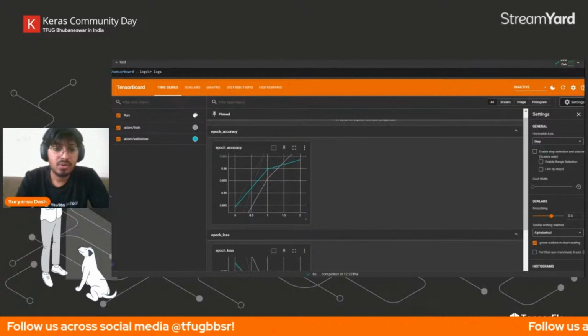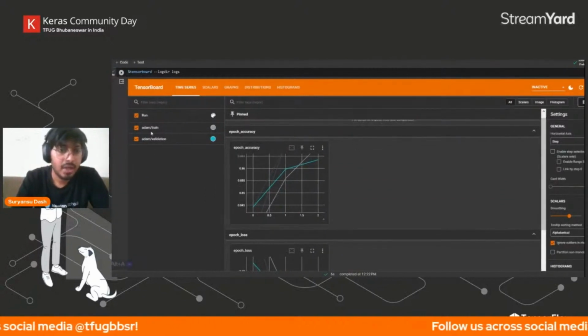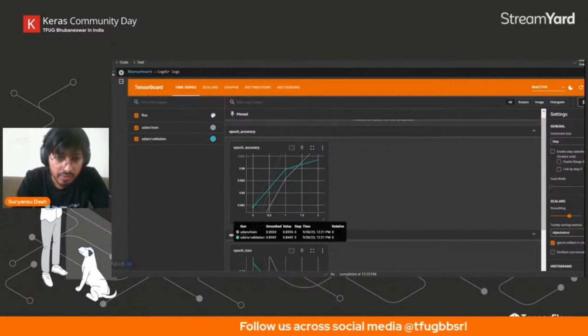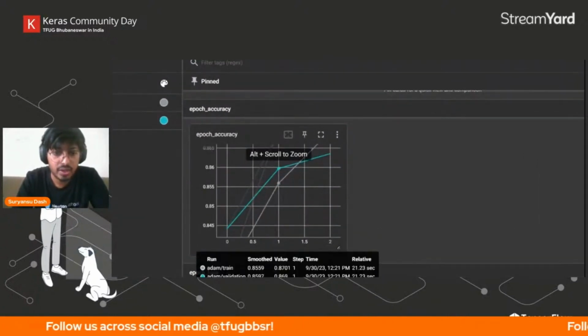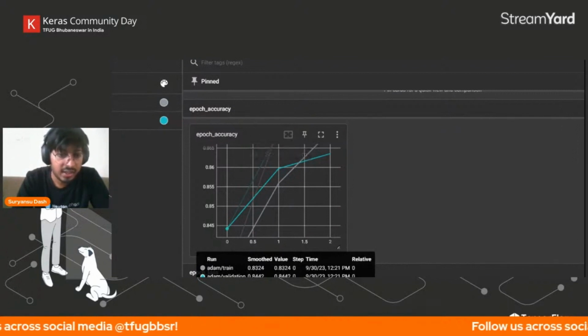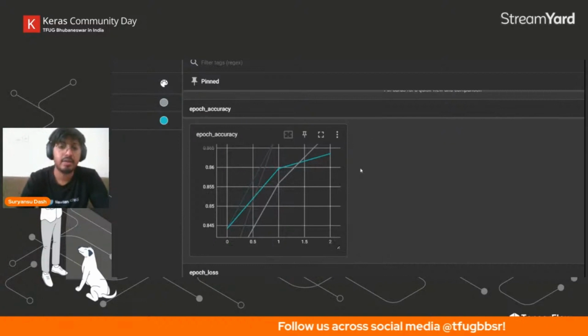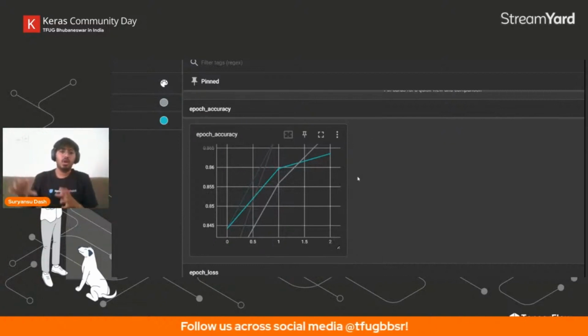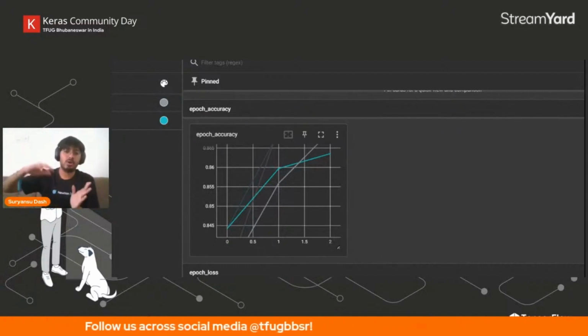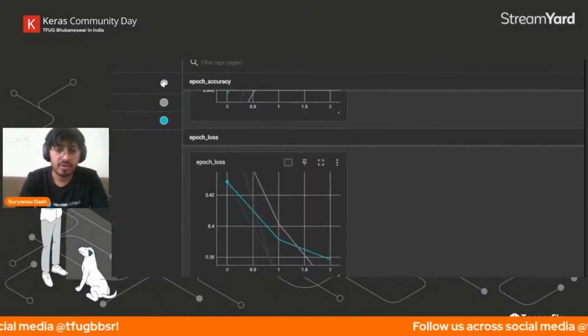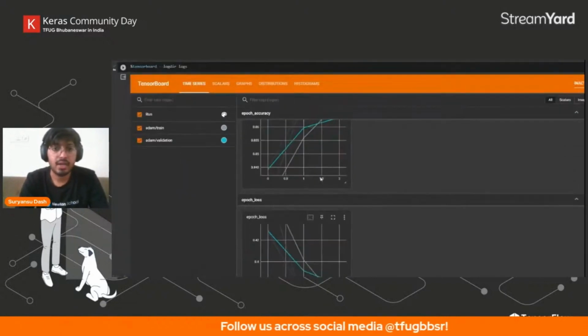Cool. So as you can see, for the training data and testing data, it has given us 2 plots for each. If you see, the training accuracy is increasing from around 83% and going till 86.5% and it's still increasing. So it gives us an idea, okay, we can keep on increasing the epochs and it's not saturating at a point. So this is one thing. The second thing is the loss again. It gives the idea that the loss is still decreasing. So this is the first kind of data.